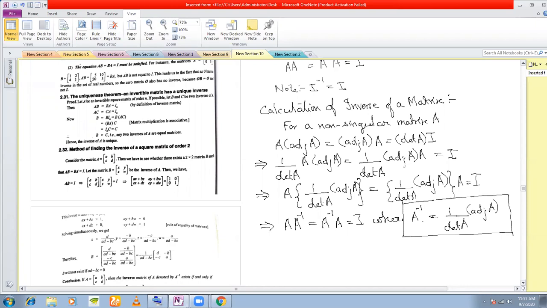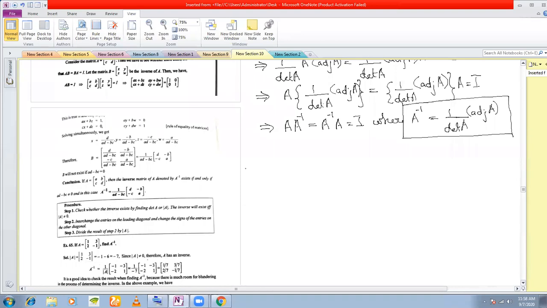Okay, so let us take an example in this regard, then I'll give you the properties. Let us take an example of how to find the inverse of a matrix. Should I start with a 2 by 2 matrix or a 3 by 3 matrix? Tell me, what should I start with? Fine. So we'll start with a 3 by 3 matrix.